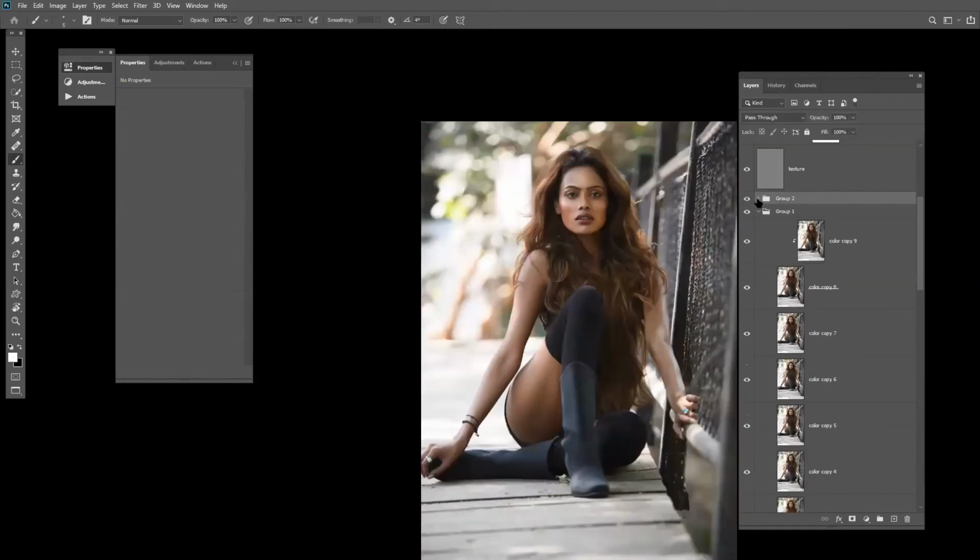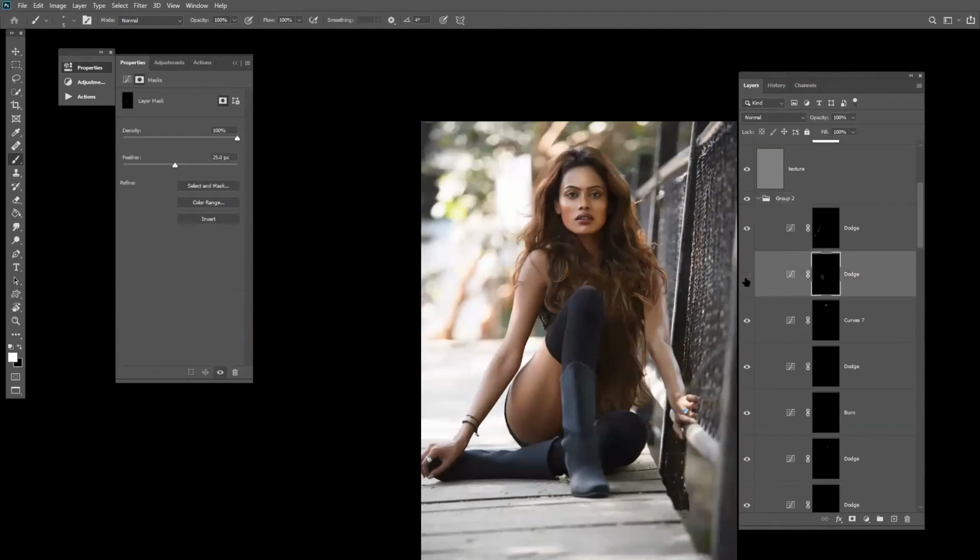So let me smoothen out the forehead dodge a little more. Yeah.